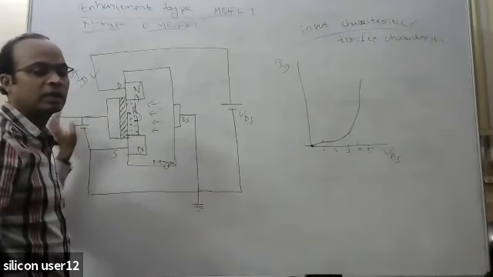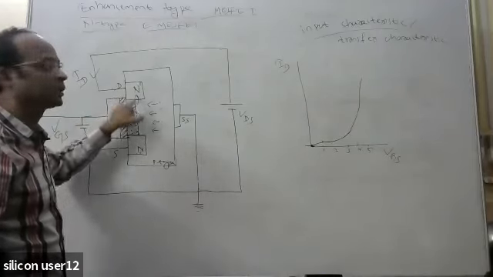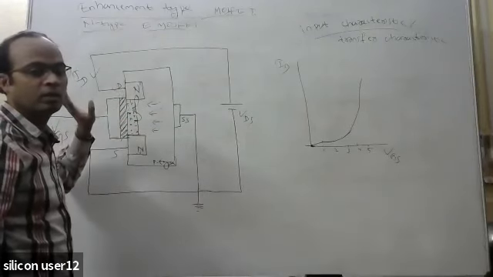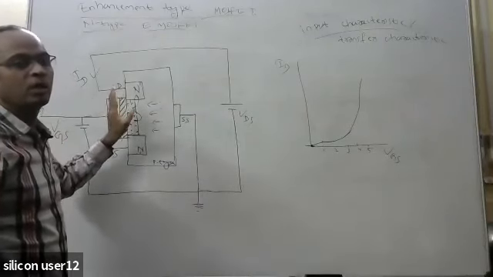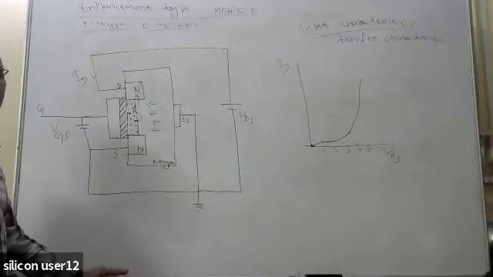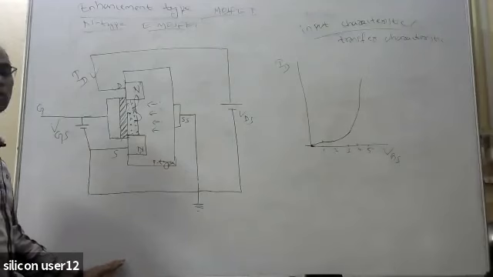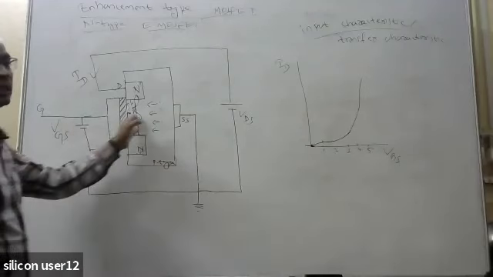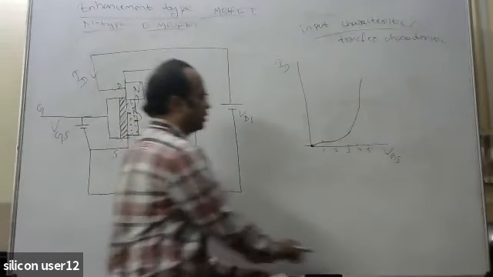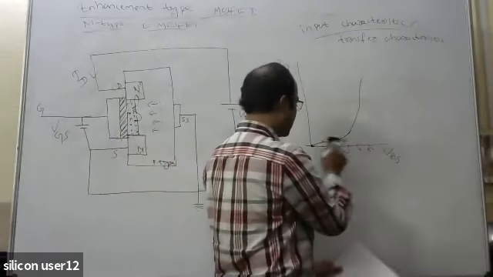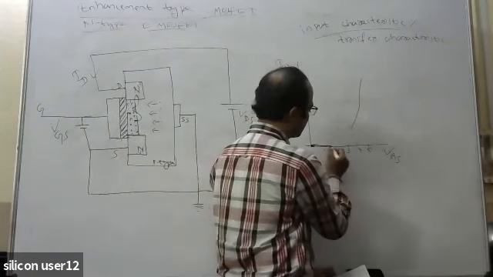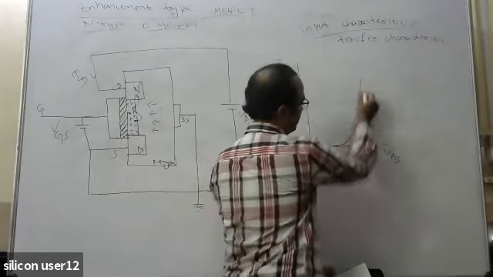Once the voltage applied is 1 volt, this channel is completely created, and at that time the current will increase hugely. Up to that threshold voltage, the current will be 0, or almost very low. Once the input voltage has reached the threshold voltage, the channel is created and the current will increase rapidly. Initially it will not be very high, it will be almost constant like this.